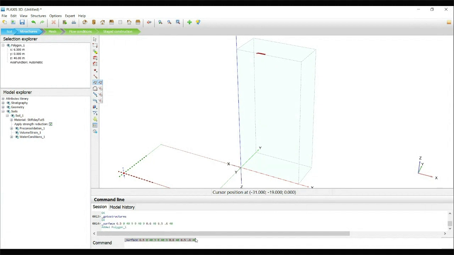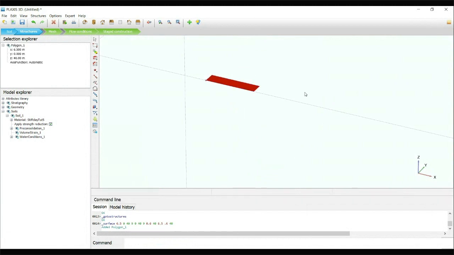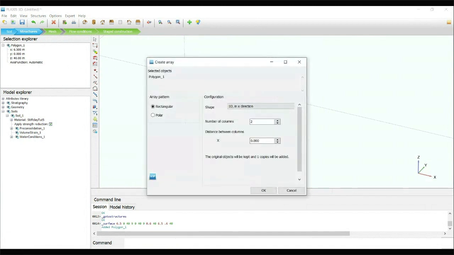Just enter. Now you can see one segment. So I am going to use the multiple array tool to create the second segment. That is in a single direction, because it will be adjacent to the next one. So number of columns, it is 2, and in the X direction, actually it is 2.5.